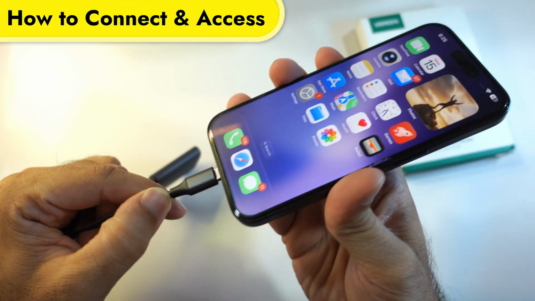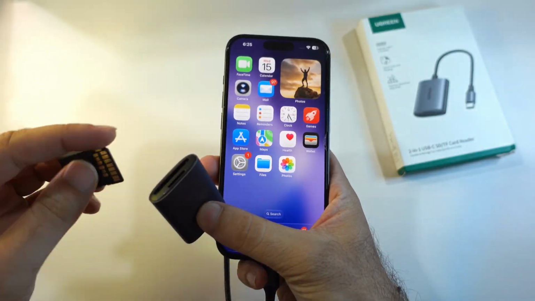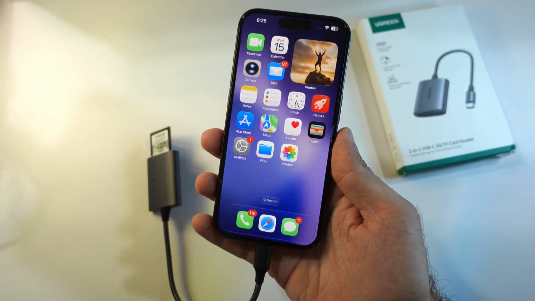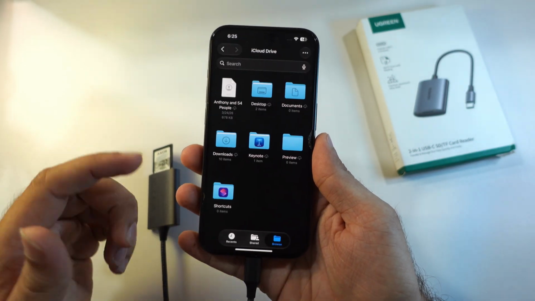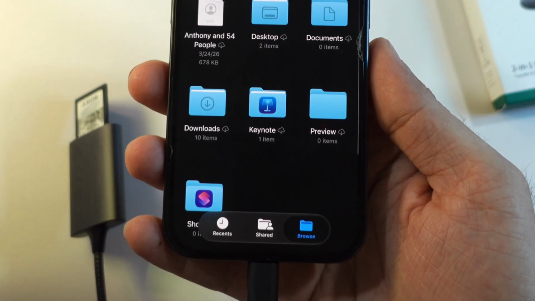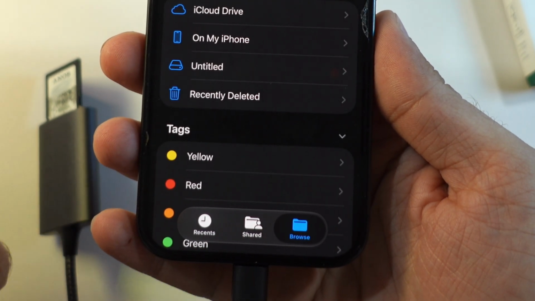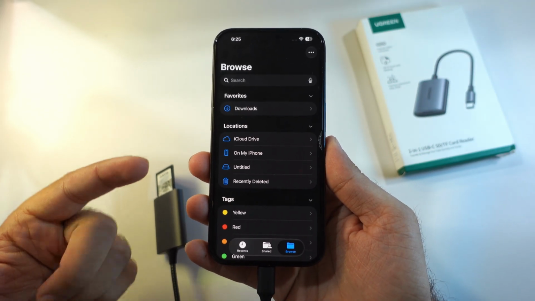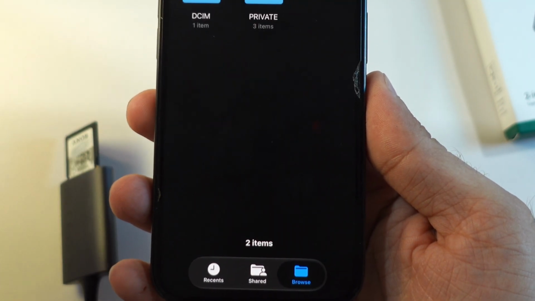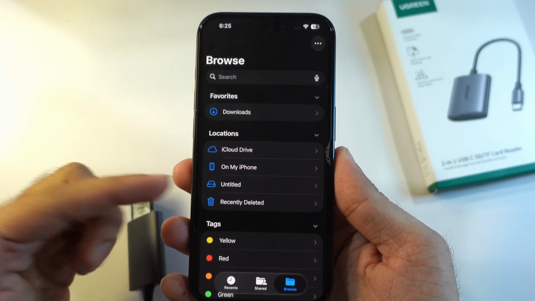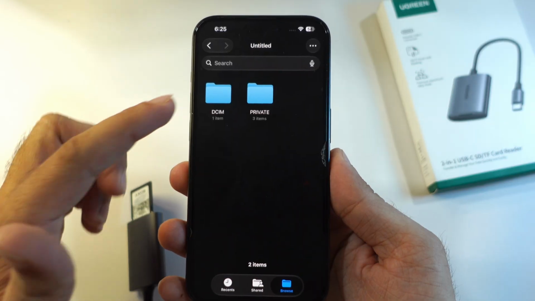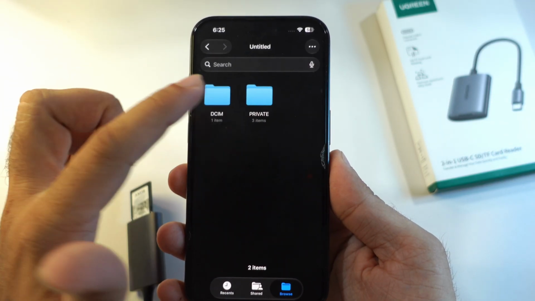Once you connect the card reader to your iPhone, the SD card will appear in the Files app. Open the Files app, then tap the Browse tab at the bottom to go to the main Files screen. Find your connected SD card. Mine shows up as Untitled. Tap it to browse your saved photos and videos, then open and play them directly from the SD card on